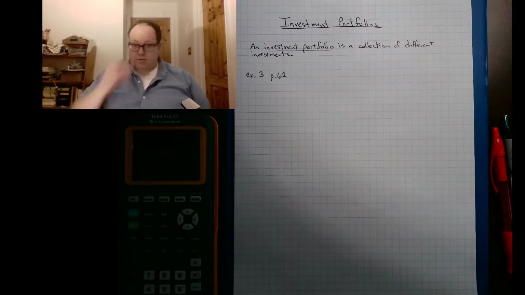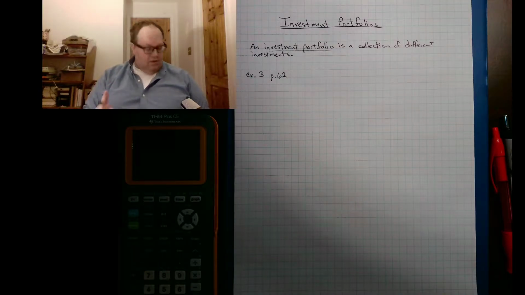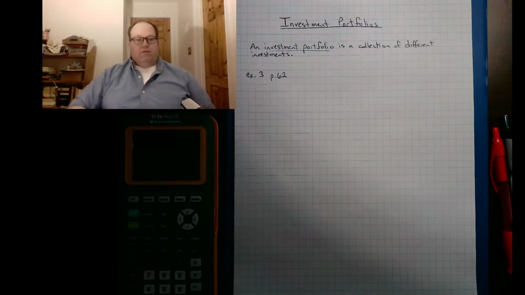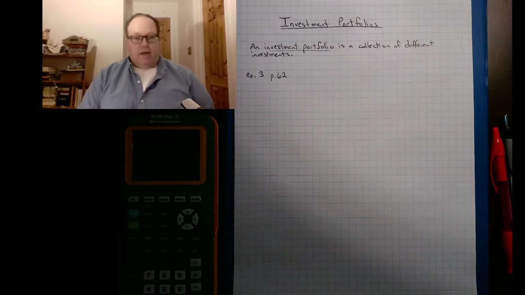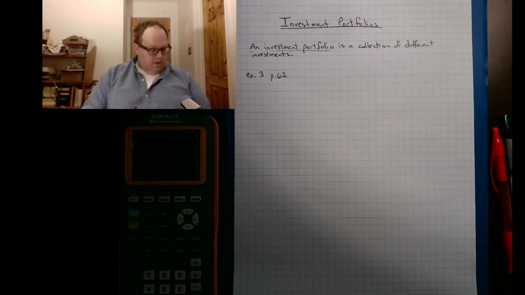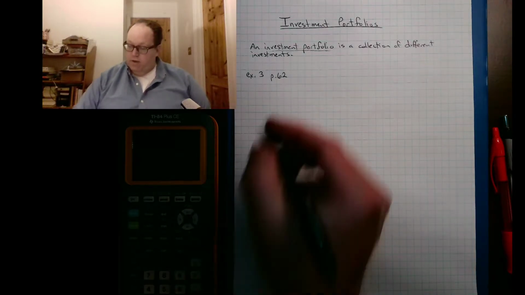In this example, we've got Jason and Malik, who are each hoping to buy a house in 10 years. They want their money to grow so they can make a substantial down payment. So we'll describe the two different portfolios. First, we have